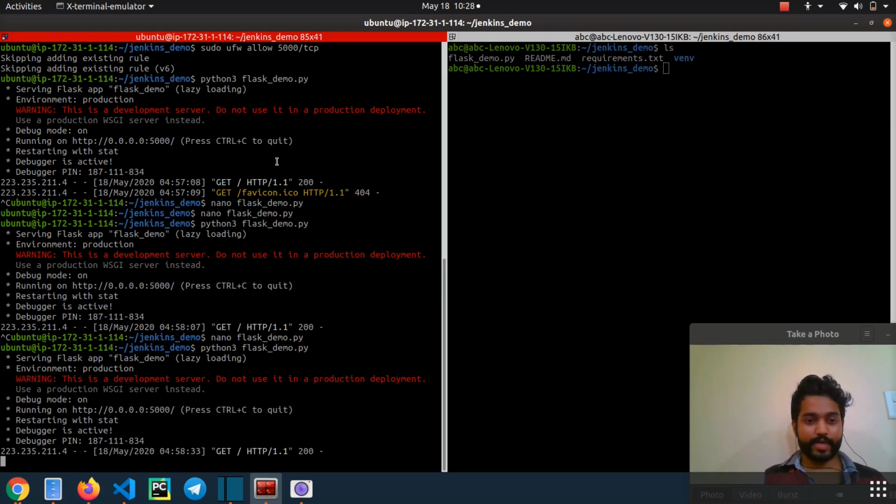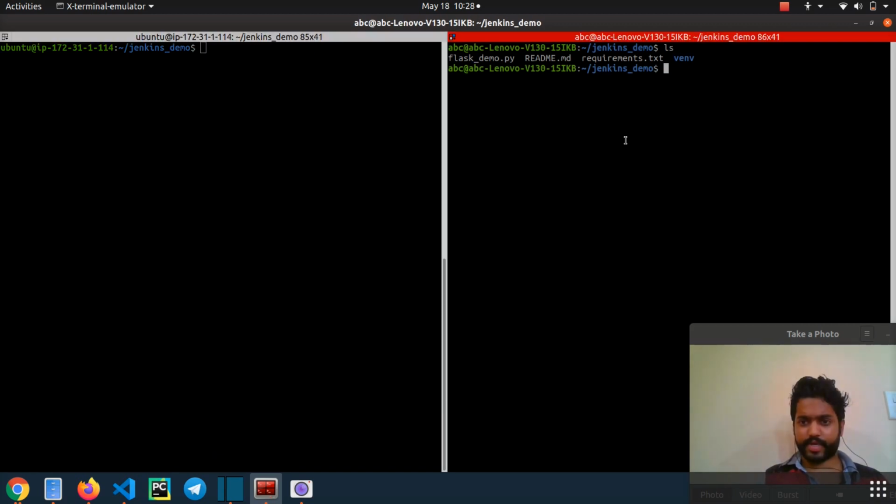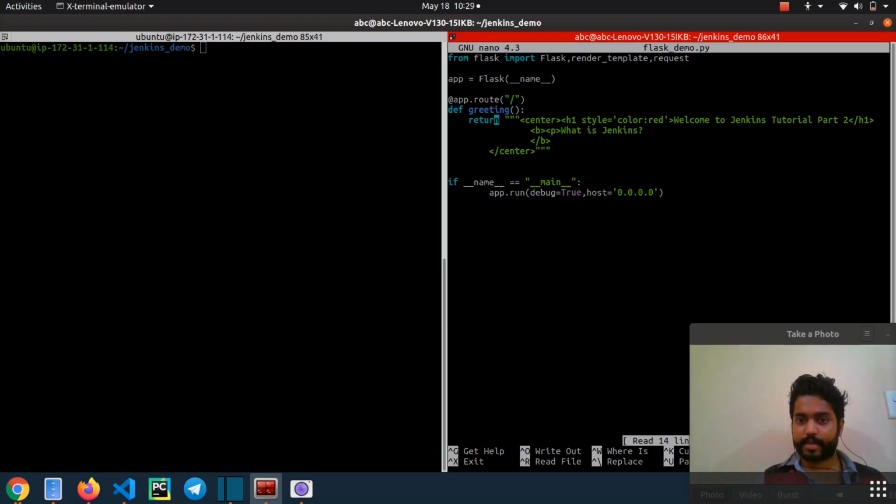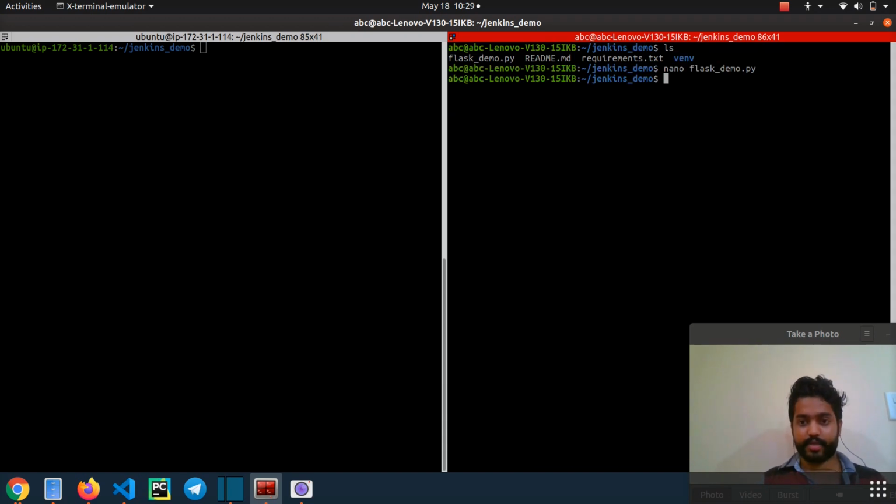So this was manual deployment, guys. We deployed the app manually. So whenever we are making some changes over here in the project, I can do the same things over here as well. I'll do part 4. This is Jenkins demo. Okay, it's done. Let's save it, and if I just git add, git push origin, no, I'll have to commit it. git commit -m.